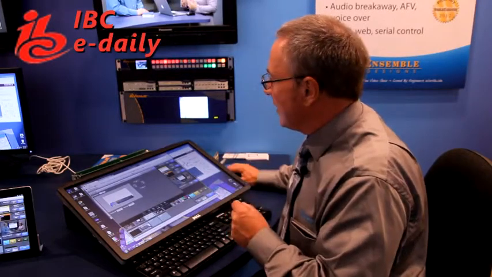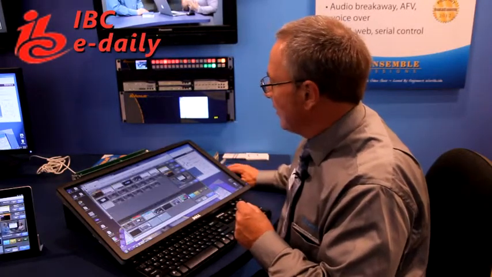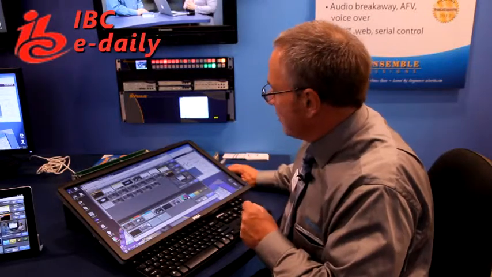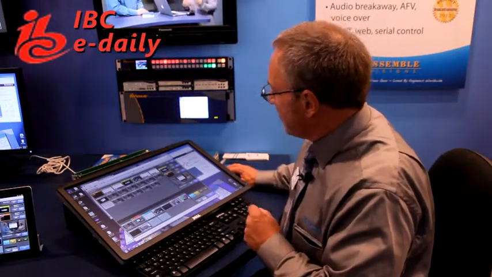We can save it as a preset and instantly recall it to any of the keyers by simply saying, I want this key to go into this keyer, and now I hit the mix button and we're on the air. It's a delightful little vision mixer that's been inserted in the middle of a router, and